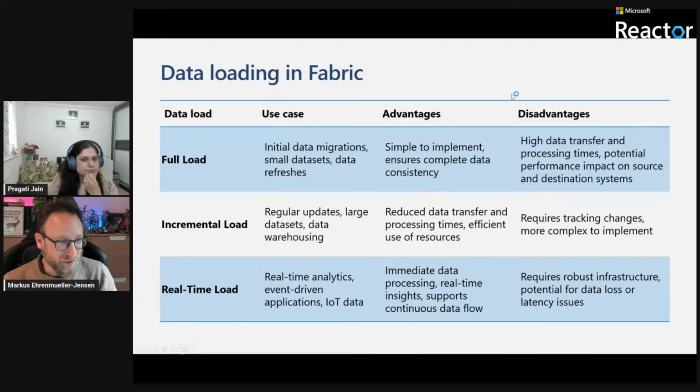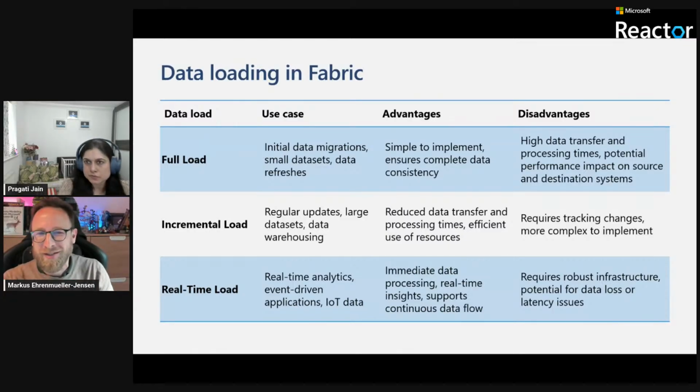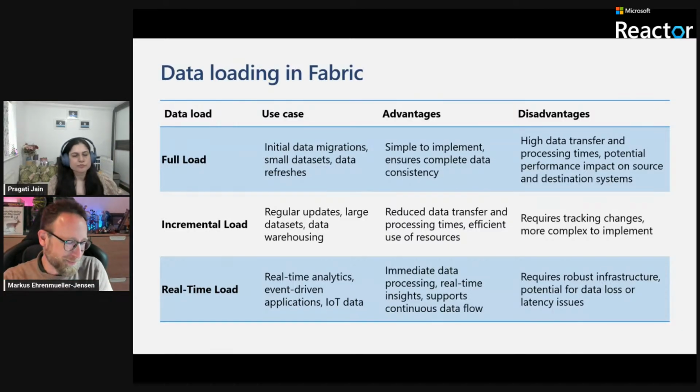The drawback, of course, is if it's too much data, if it takes too much time to process, or if you have to discover, is there any change, right? Because you reload something and then you want to discover, is it like it was, or was there some change? There are some different patterns, and we will talk about slowly changing dimensions in a second in a demo for a couple of minutes. Then you cannot full load everything, because you will overwrite the information you already have and cannot compare the information you had and what's new, right?